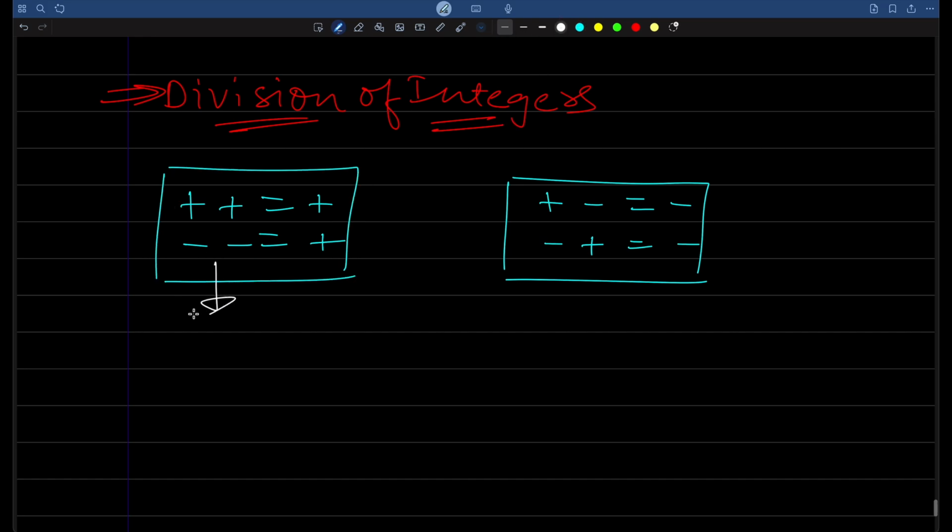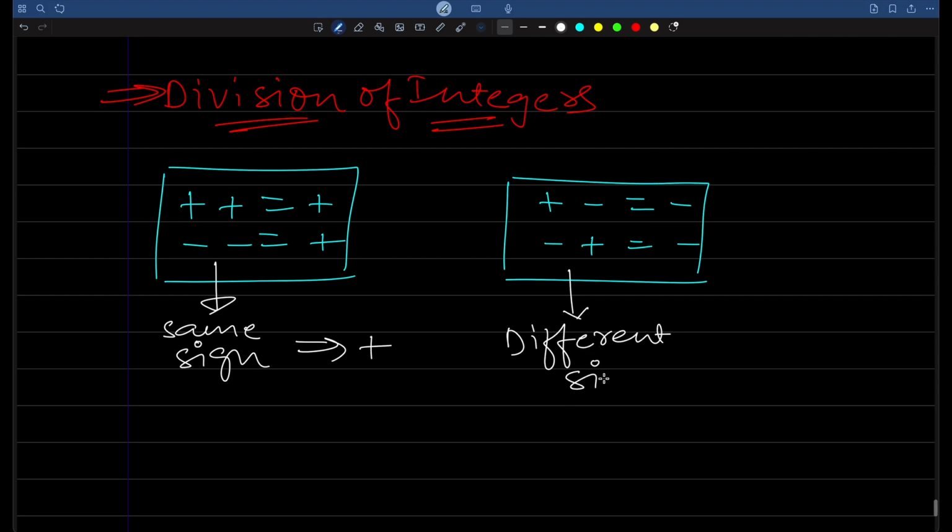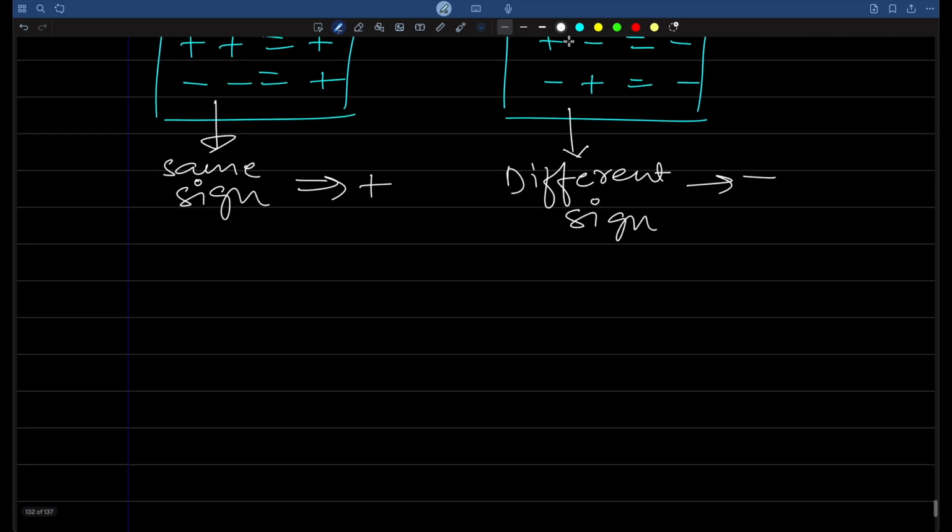That is, if same sign then it is plus, and if we have different sign then we have minus. We have same four rules in division,